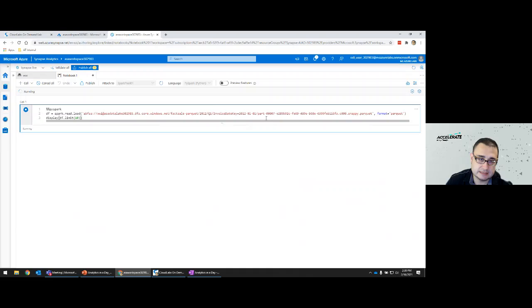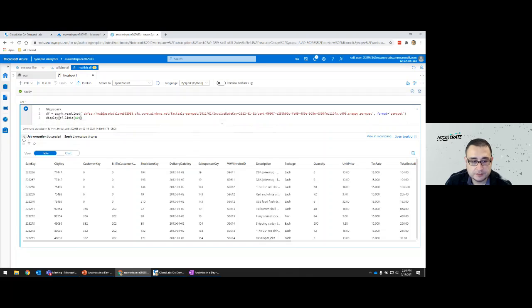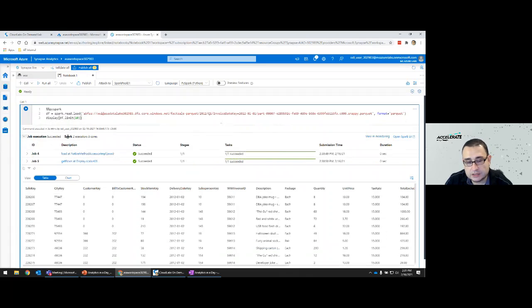And the reason is because now the data resides in the Spark memory, in the Spark cache, and now it's able to retrieve this data quicker for us from memory, right?